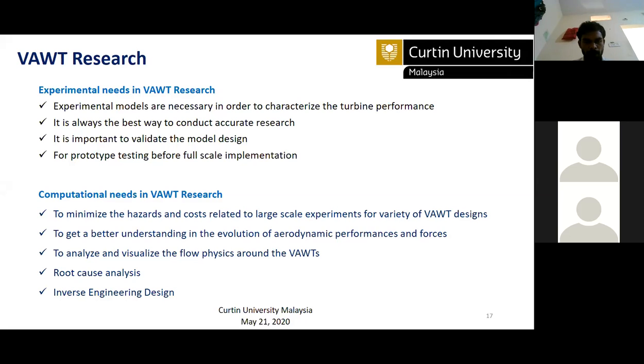Okay, so we are continuing. We were discussing the computational need of